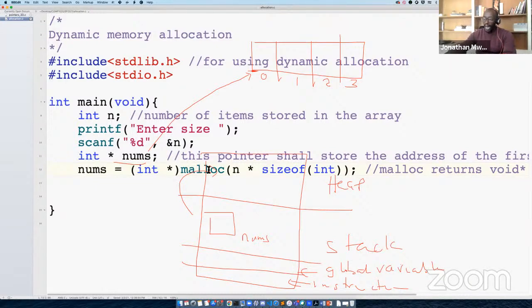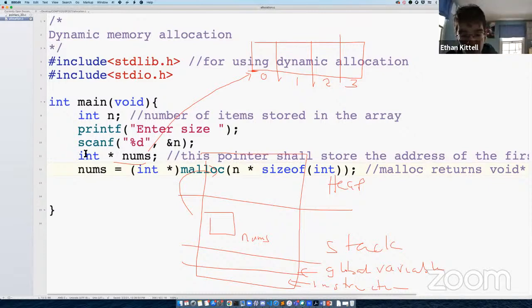Now, if malloc does not get any addresses, or there's no memory for us to be assigned, what else can it return? What will malloc return if there's no address? Is it null? Null, yes, of course. It's going to be null.